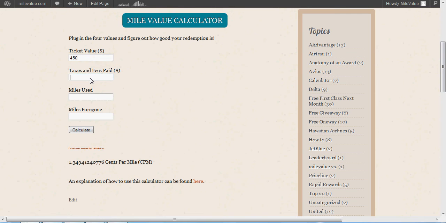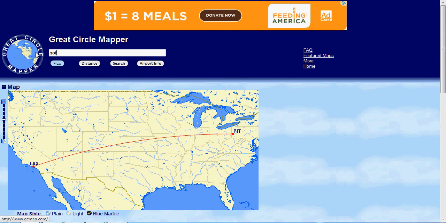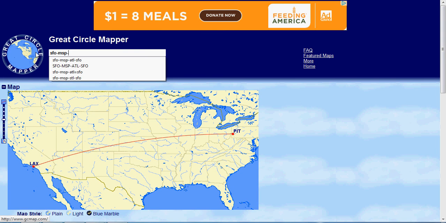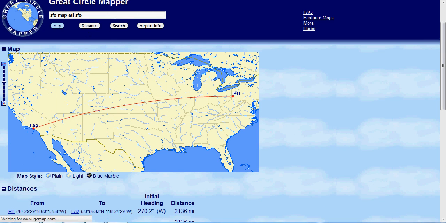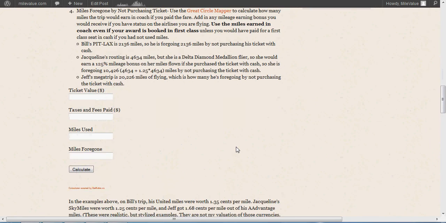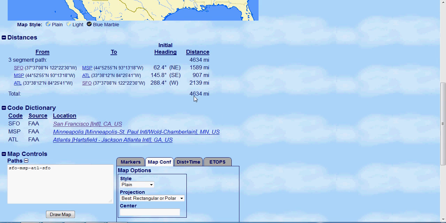Taxes and fees paid on that, it's 3 domestic segments, so it's just $750. And then the miles used, round trip domestic flight, is 25,000. And then the miles foregone, again we go to the Great Circle Mapper, and we type in the itinerary. And check it out. Jacqueline is a Delta Diamond Medallion flyer, so she would earn a 125% mileage bonus on her miles flown if she had purchased the ticket with cash. So we find out that it's 4,634 miles,